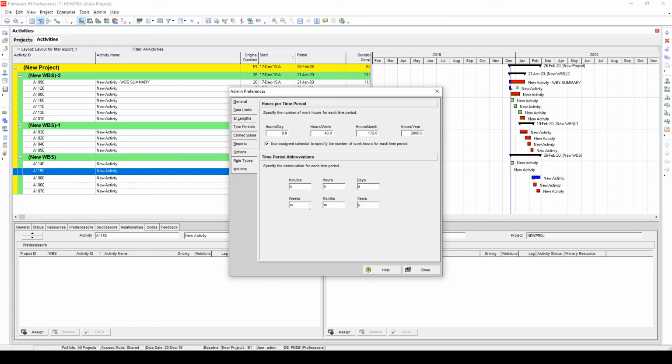Each of them have some abbreviation that has been mentioned in P6. You can change this, but my suggestion would be not to change, keep it as it is, just to avoid any confusion.